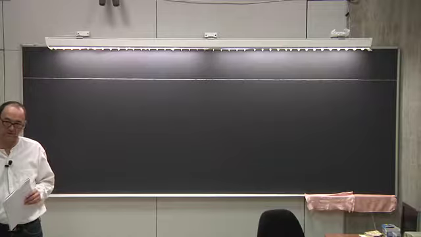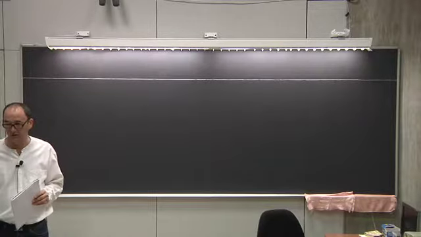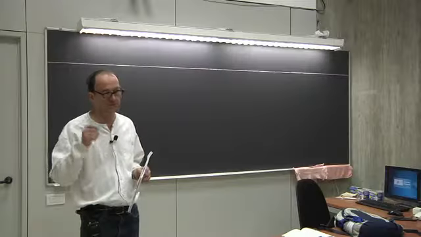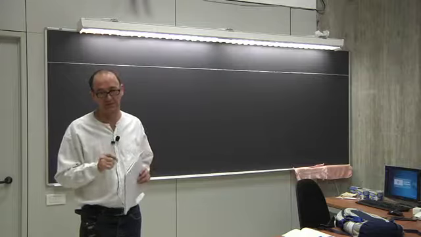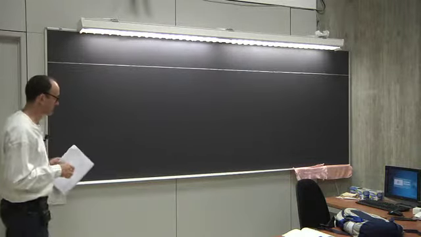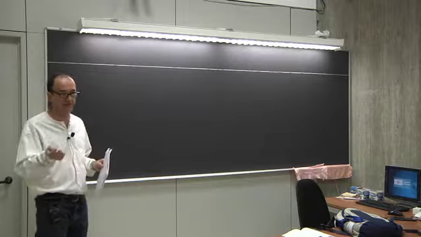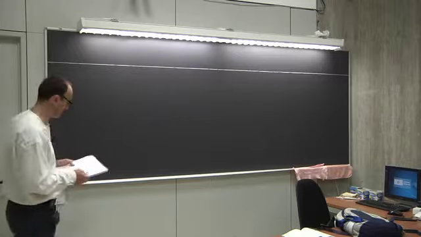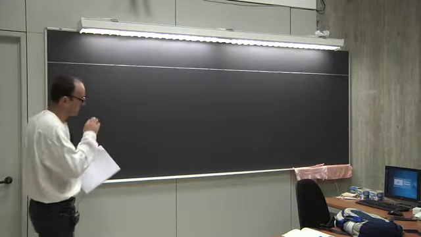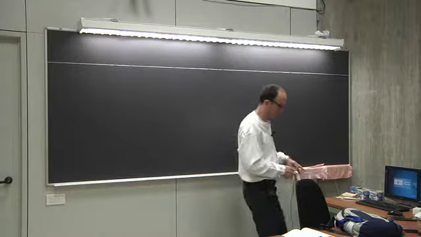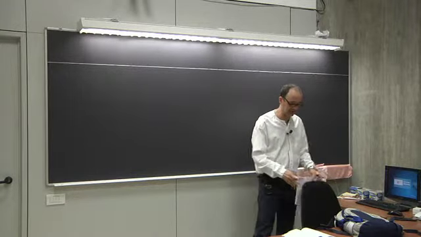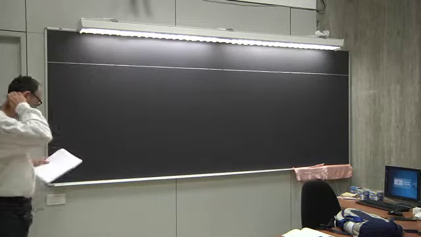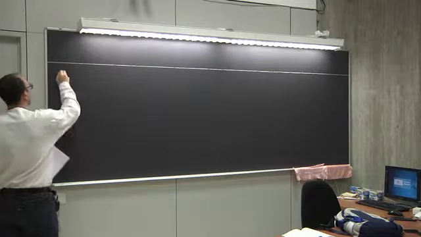So a collection of occupation numbers for the different single particle energy levels will correspond to just one state. Whereas in classical mechanics, if particles are distinguishable, this corresponds to many states. So what I want to do today is to derive statistical mechanics in this case, and so we are first going to look at the microcanonical ensemble.